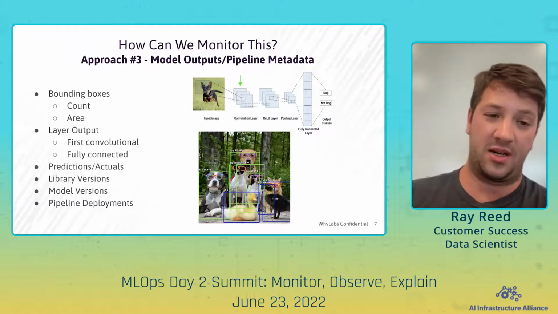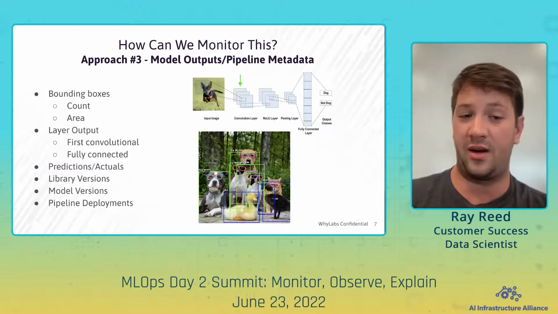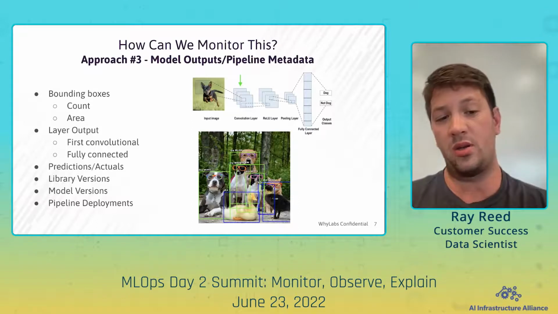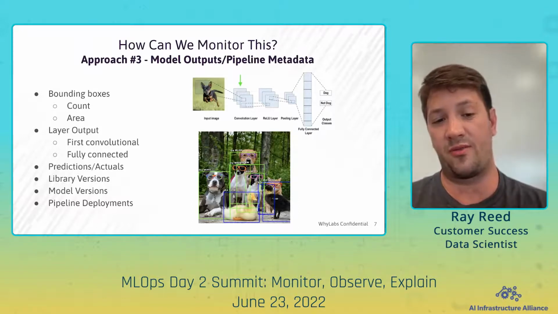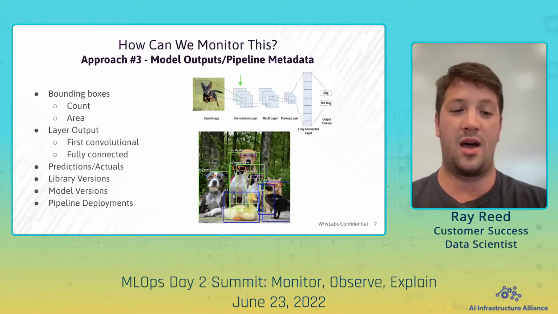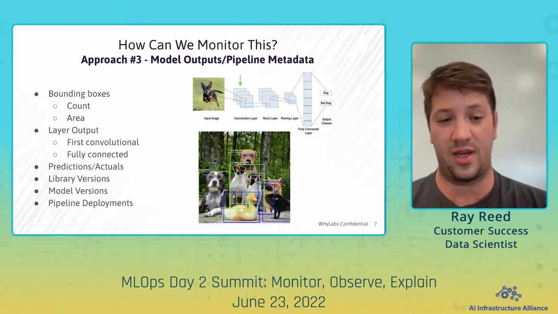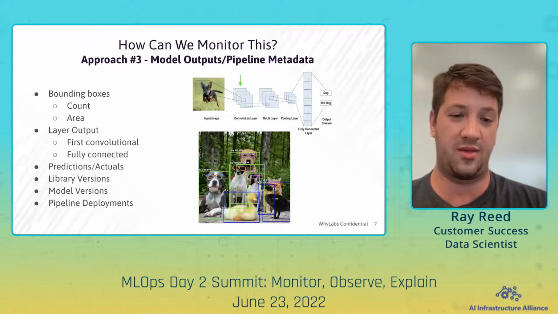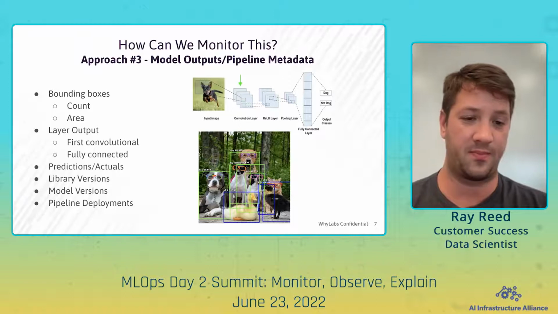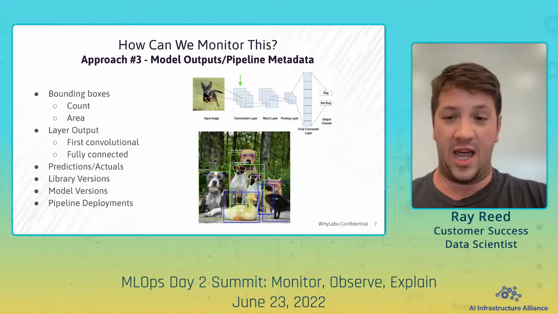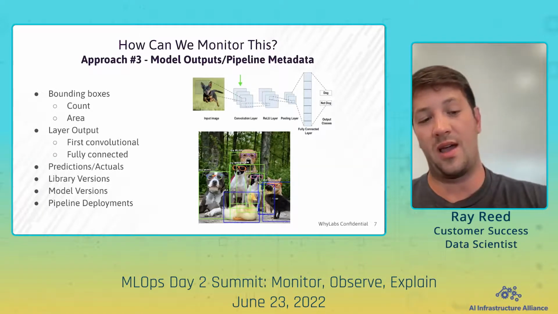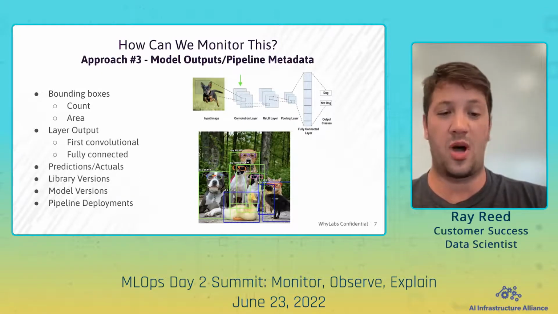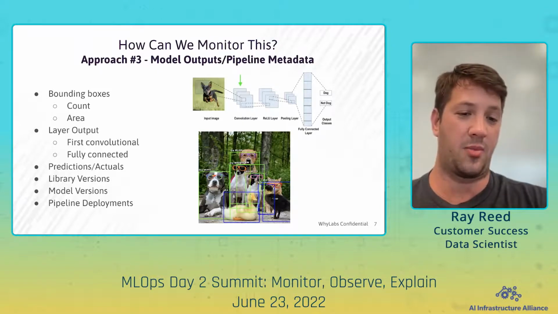A bit more of an advanced technique is we could look at the actual layer outputs. If we're using a convolutional neural network, we could look at, for instance, the output of the first convolutional layer, as well as the last fully connected layer. And through the approaches that Bernice discussed, we could actually monitor the outputs of these layers directly. If we have predictions and actuals, we could track any kind of performance metrics that we want to track about the model. We could see when our model begins to